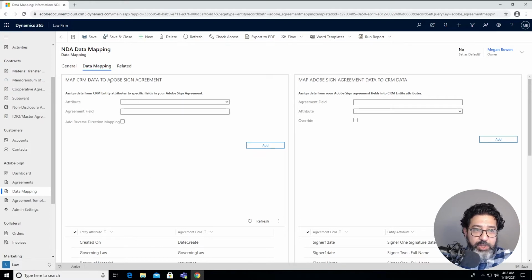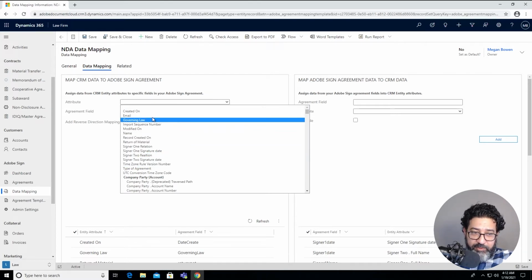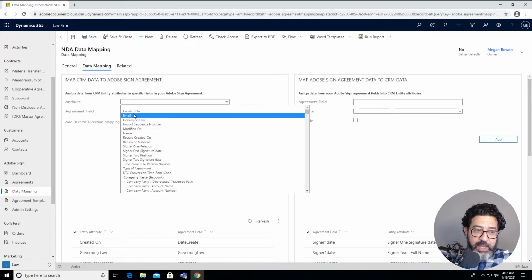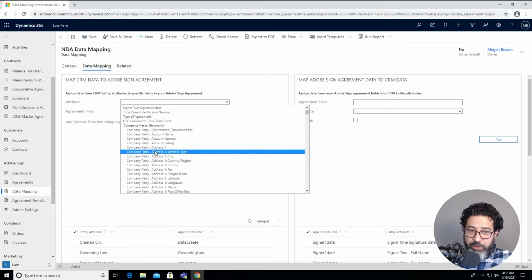First is to map from Dynamics out to Adobe and from Adobe back to Dynamics. So over here, I will choose the fields that exist in the NDA entity that was created, or any relationship that is related to that entity.